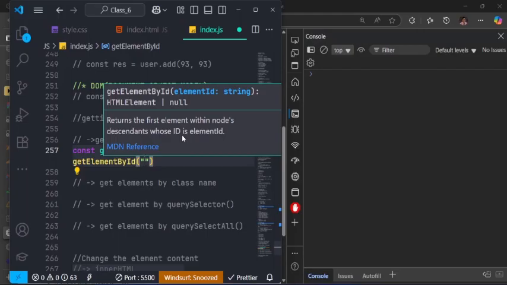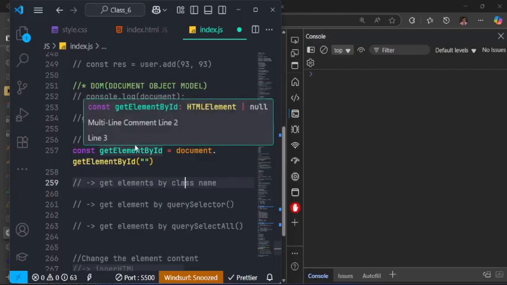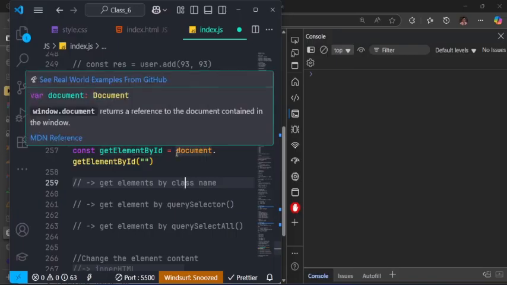So there, I have to start with this const and this, because I want to save it in this variable. That's the reason. As you can see, it will either give you the HTML element or it's going to be null like that. So I want to do, this is what I want to, this action I want